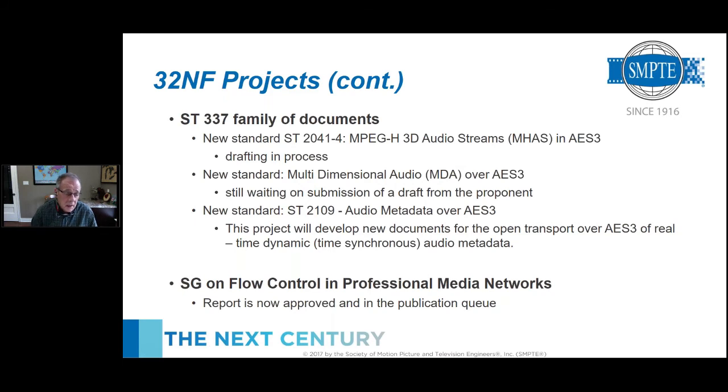The last thing I wanted to mention is that there was a study group on flow control for professional media networks that was undertaken. The report has now been finalized. It's in the publication queue. There was a paper about it presented at the annual conference last week, just describing a lot of the stuff that was in it. But basically, it's a study group that was put together at the request of the North American Broadcasters Association, NABA,